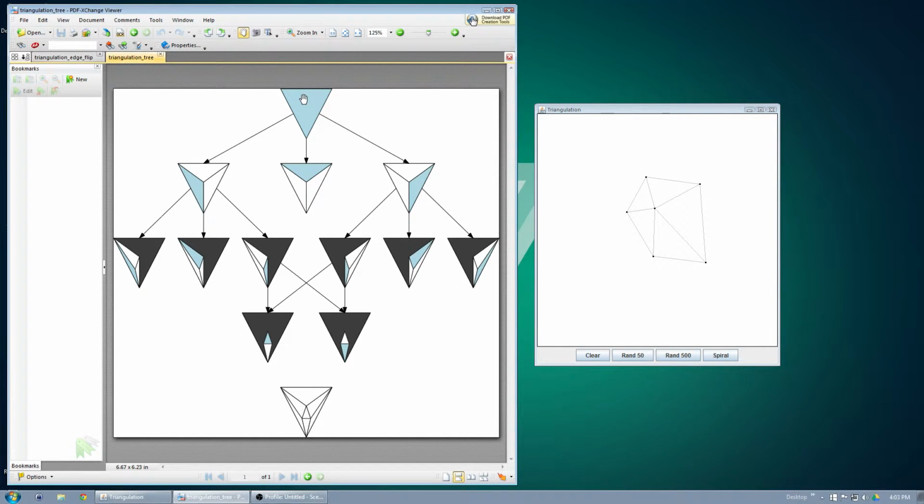So it starts with the super triangle, and then to find the point, let's say that a new vertex was going to be inserted, let's say here, in this bottom triangle, this blue here. Each time it checks which triangle it is in. So it's in this triangle, and it goes to this side. Let's say it checks it's in this triangle, and then it's in this triangle, and it finds it's in this triangle. This might not be the best way of doing it. It's the way that I did it, but one problem is